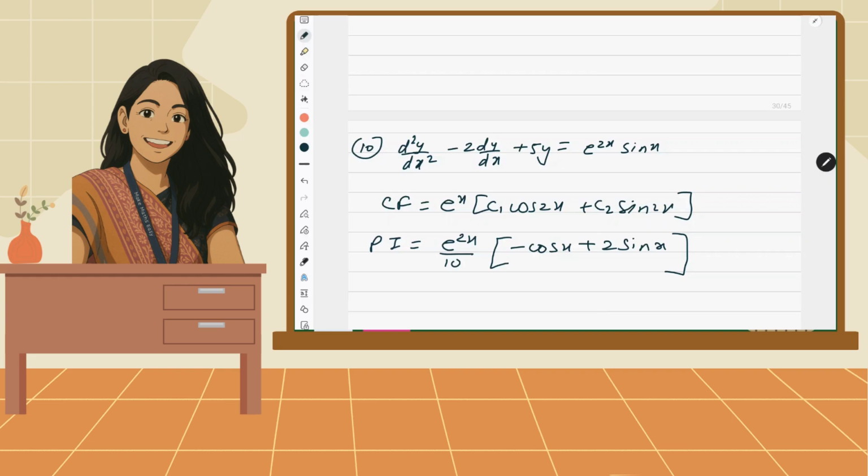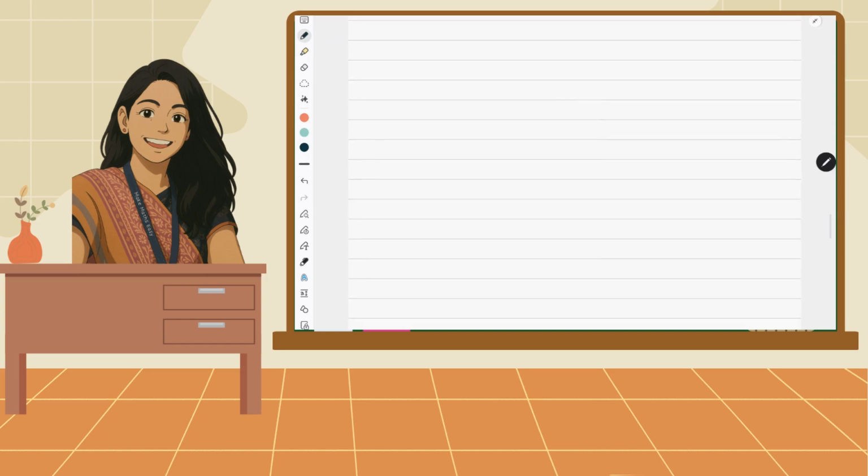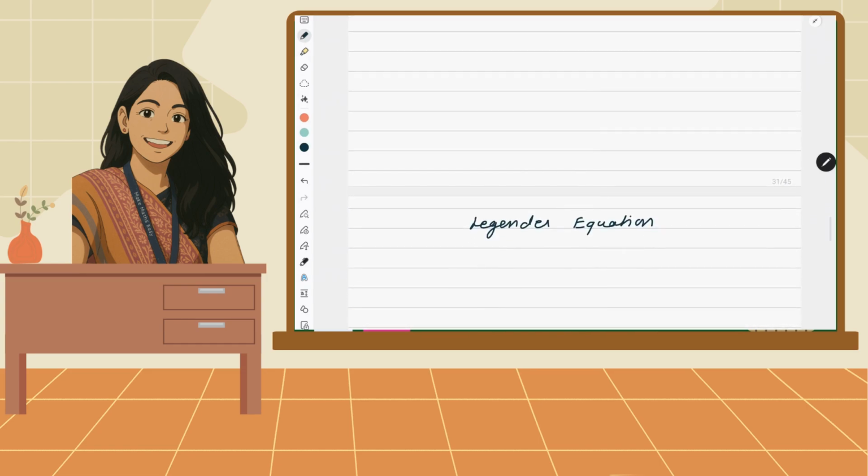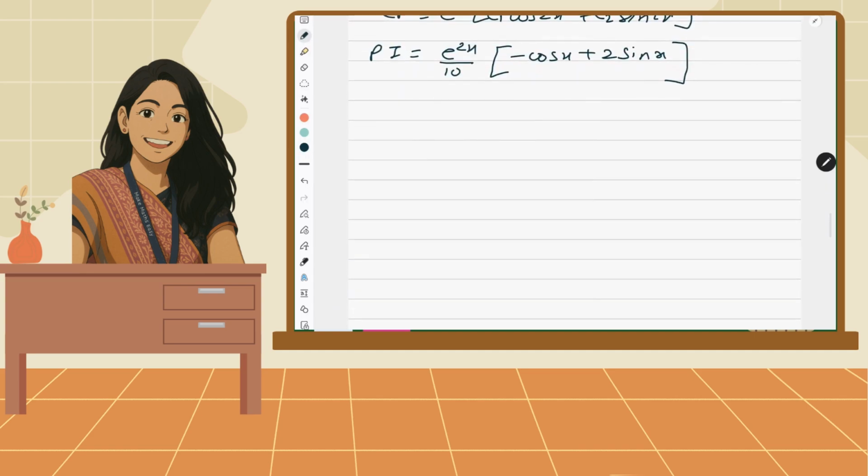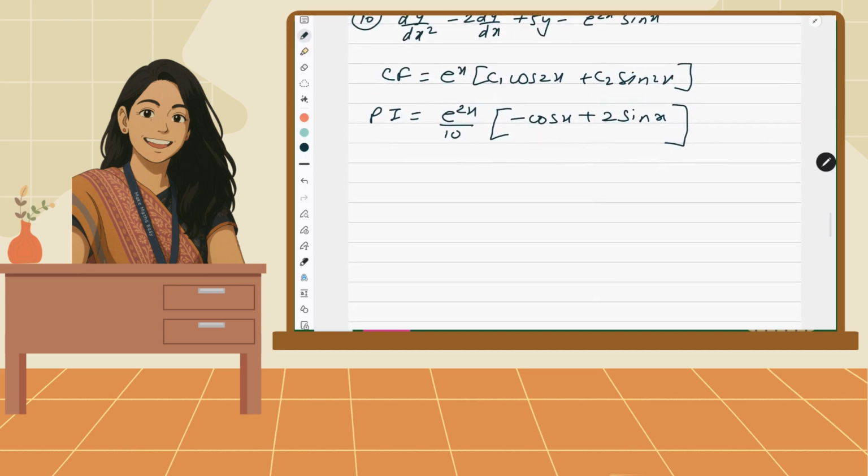So this is how you have to do this case, and in my next video I will be discussing the next topic, which is Legendre equation. But before closing this video, I will remind all of you that we have done 4 cases. So you have to remember all the 4 cases and practice. Subscribe to the channel so that whenever I upload a new video, you will be clear with the concept. In my next video, when I start the Legendre equation, I will write down the solution of that question, x square e to the power 2x sin x, where I feel that I have done something wrong. I will upload that before the Legendre equation.